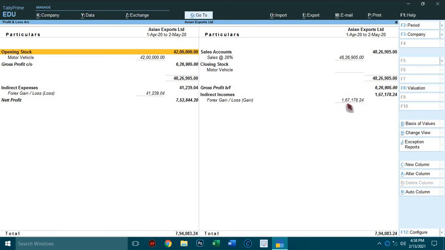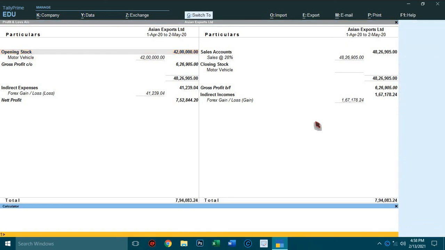So in the balance sheet it was showing 1,25,939.20, that is the unadjusted forex gain. So gain minus loss equals 1,25,939.20. So check it. Activate the calculator by pressing Ctrl N.